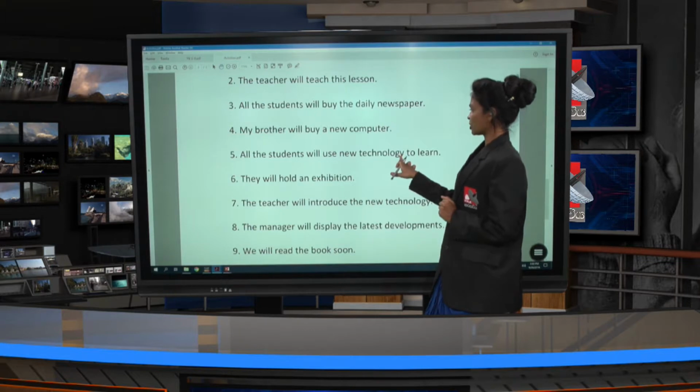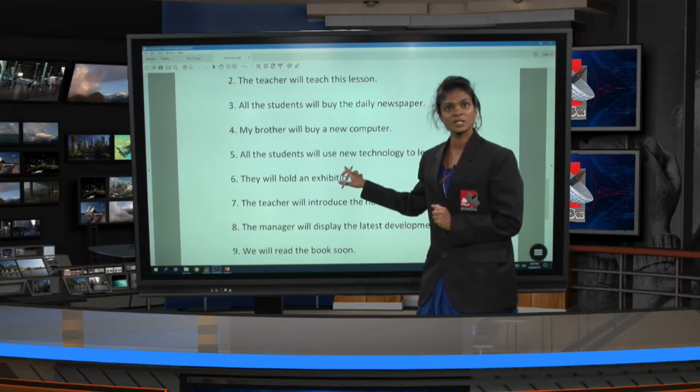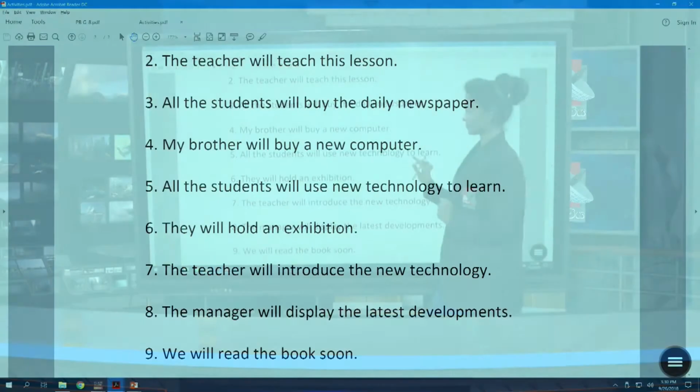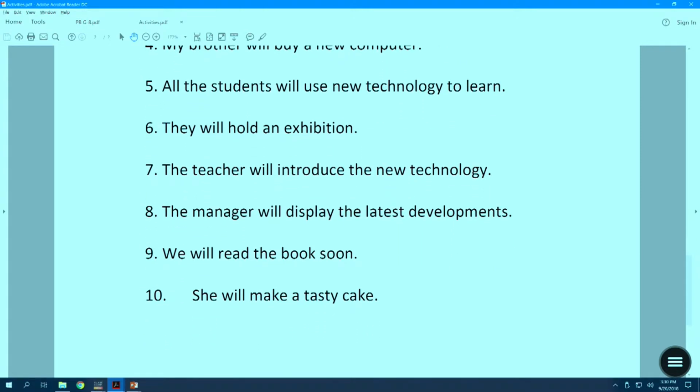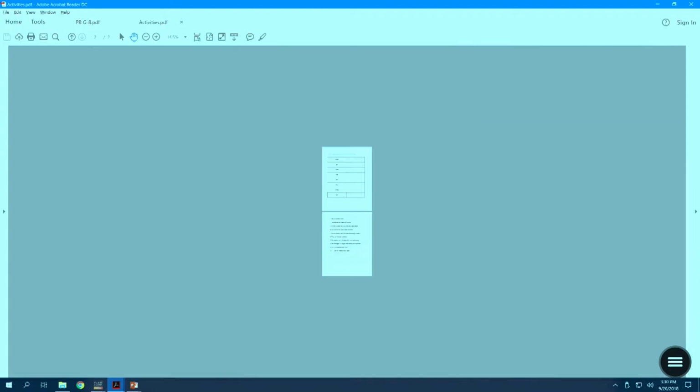New technology will be used to learn. An exhibition will be held. The new technology will be introduced. The latest developments will be displayed. The book will be read soon. A tasty cake will be made. Right, then